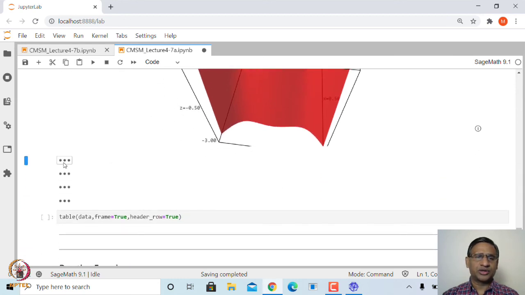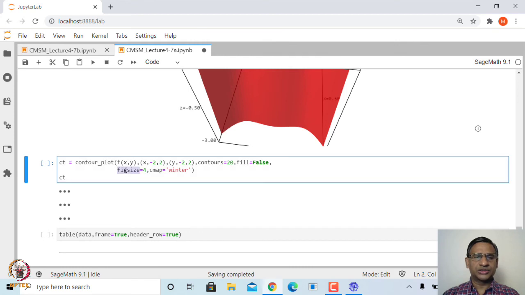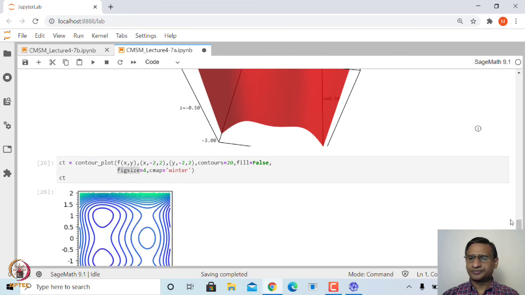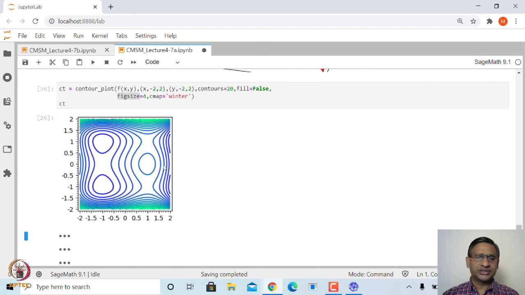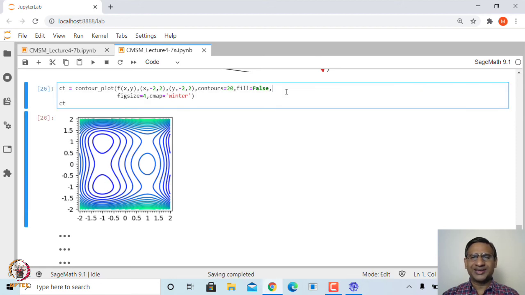Similarly, if you try to plot the contours, that should confirm that it has 3 saddle points. One saddle point will be somewhere here, another somewhere here, another somewhere here, and these are going to be points of local maximum or minimum. In this case we saw that this should be a point of local minimum and this is a point of local maximum.